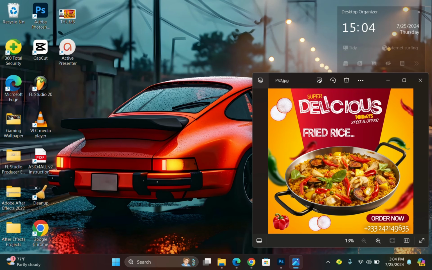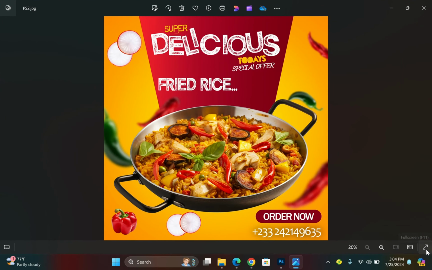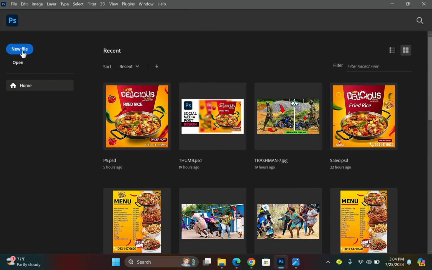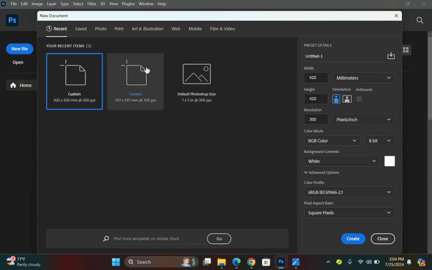Today we are not going to do any of the Python or the coding stuff. Today we are diving straight into Photoshop. As you can see on the thumbnail, we are going to be recreating this design. So now let's create our file, new file,